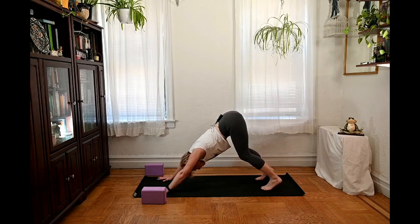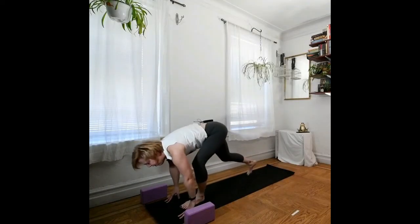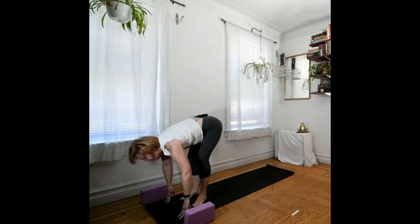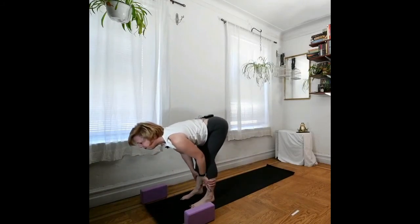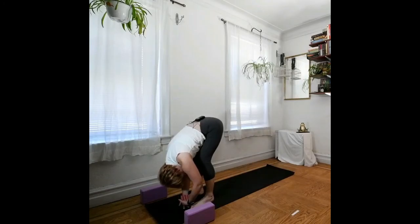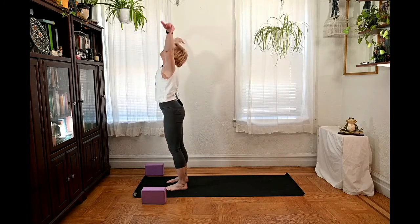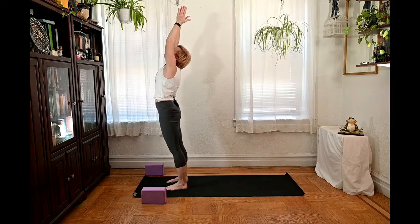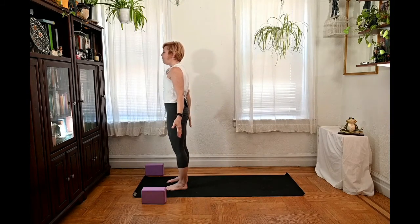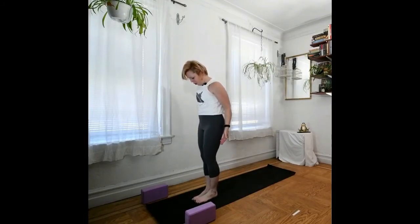And a little bend in the knees, look forward. Step or hop the feet up to the front of the mat. Lift up the chest on the inhale. Exhaling, round down, fold over the legs. Big inhale, sweep the arms around and up. Tadasana, mountain pose. Return the arms down by your side, stepping your feet together all the way, toes and heels